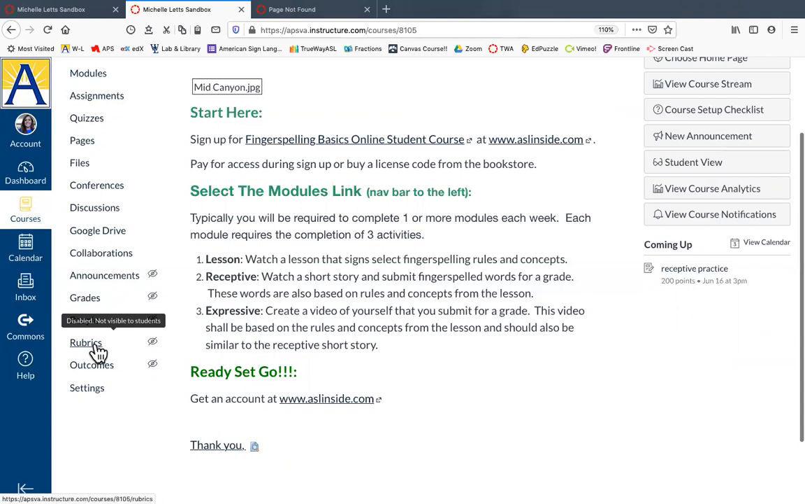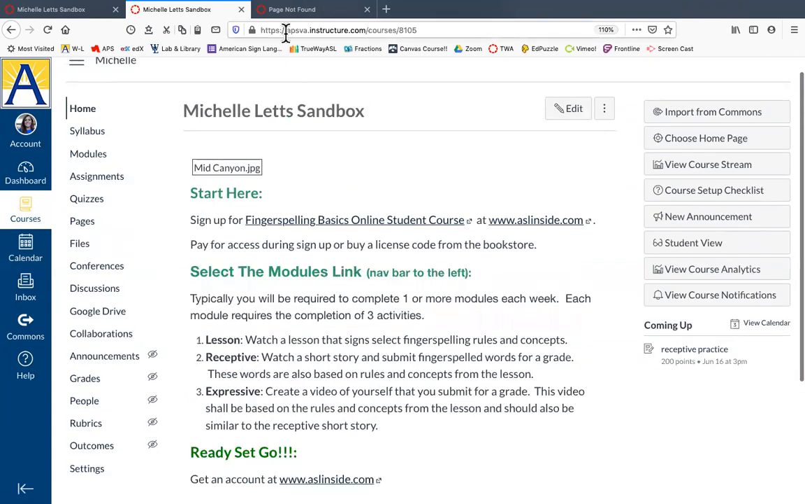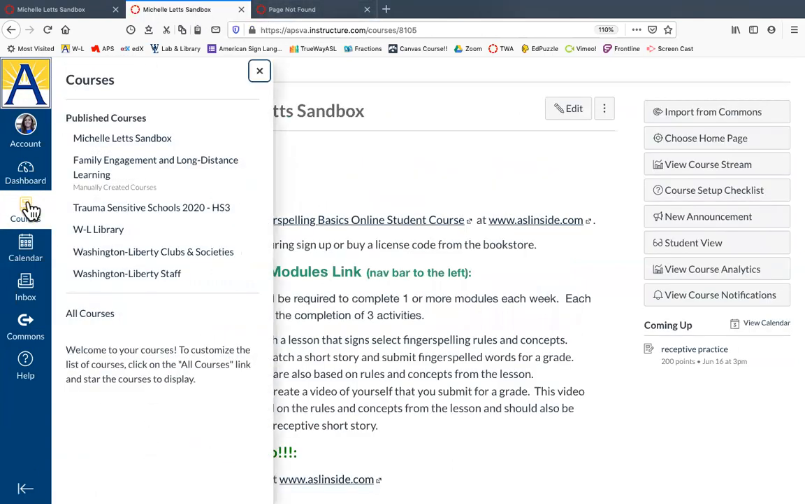Maybe they want to create rubrics. Maybe they want to do Edpuzzle. Just practicing with it and playing with it is the best way. The second best way is Mr. Spraggan's course. So you're going to click on your courses, Washington Liberty staff,